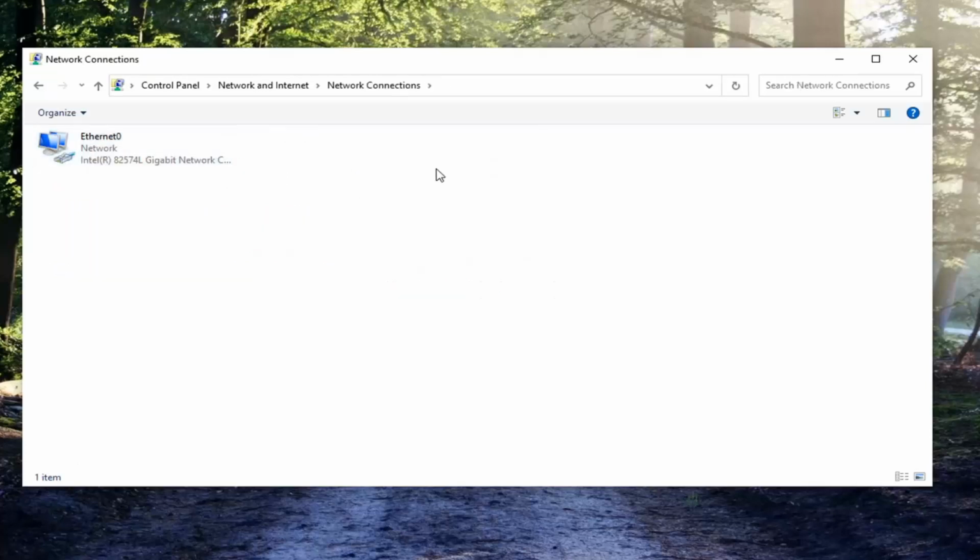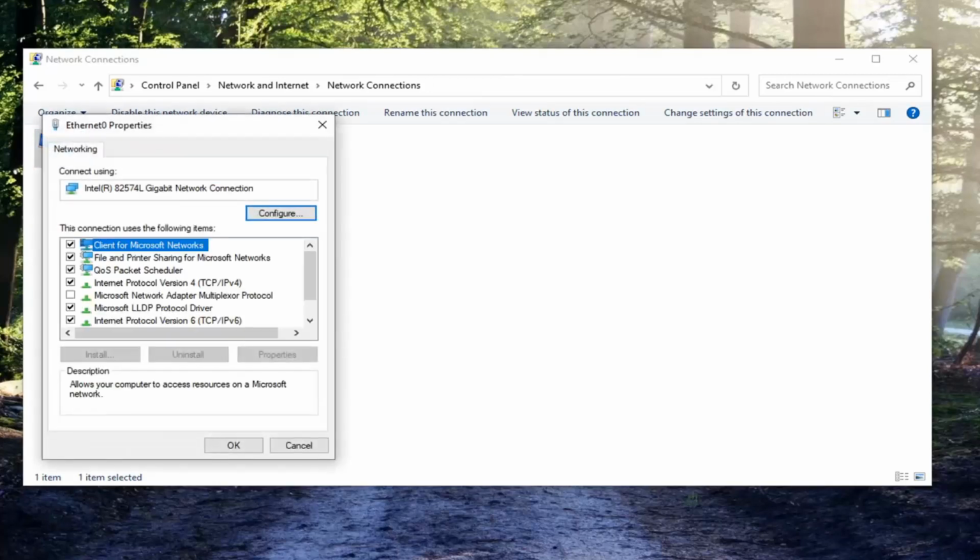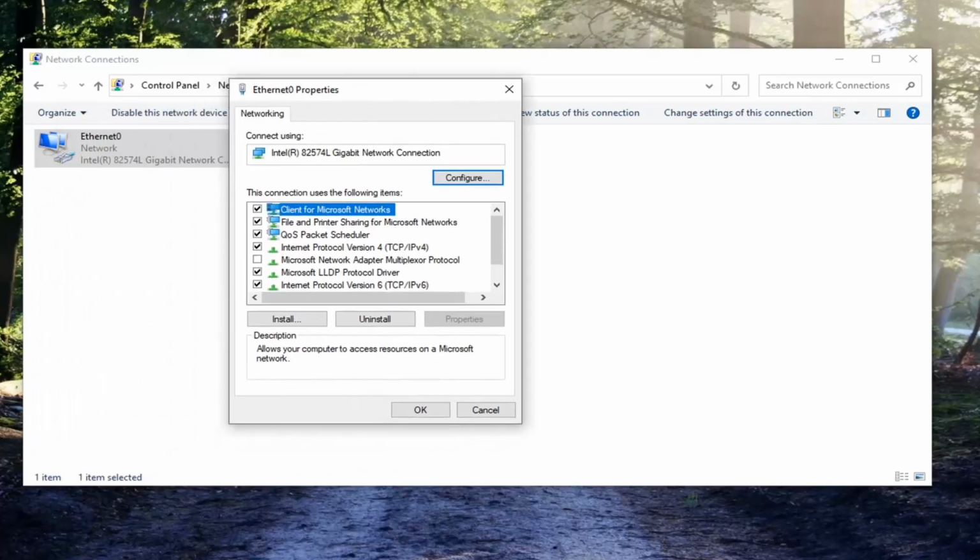And now you'd right click on whatever your VPN adapter is here. So in my case, I do not have a VPN adapter, but what you would do is right click on it. Again, it would probably say VPN in the name of the adapter, and you would select Properties. There would be a tab that would say Security. You go ahead and left click on the Security tab, and then you would select where it says Allow these